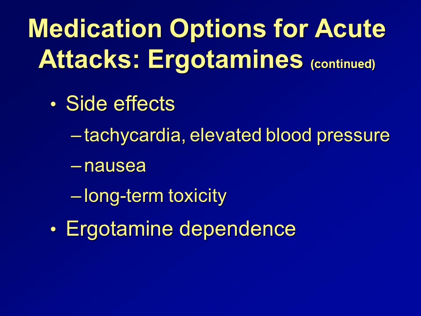Ergotamine dependence is a form of medication-induced headache and is characterized by more frequent and severe headaches that are unresponsive to usual doses of ergotamine and is called ergotamine rebound headache. Discontinuing the medication causes severe withdrawal or rebound headache, but increasing the dose perpetuates the cycle by providing transient relief. Daily use of analgesics or opioids can cause the same tolerance, and depending on the cycle, it therefore is important to appropriately treat these patients.